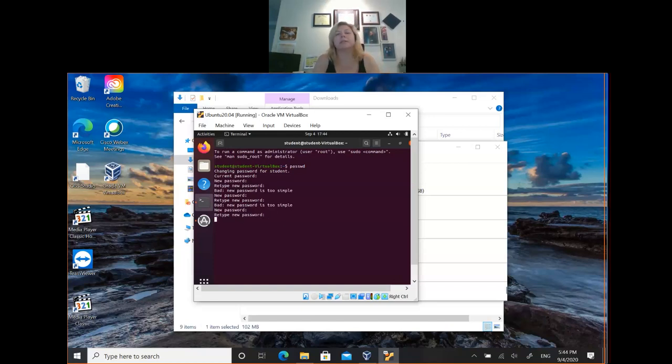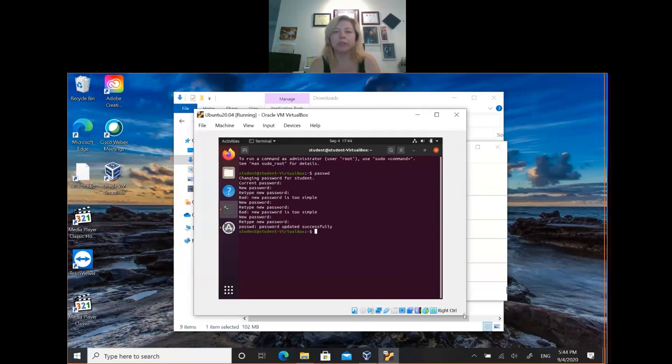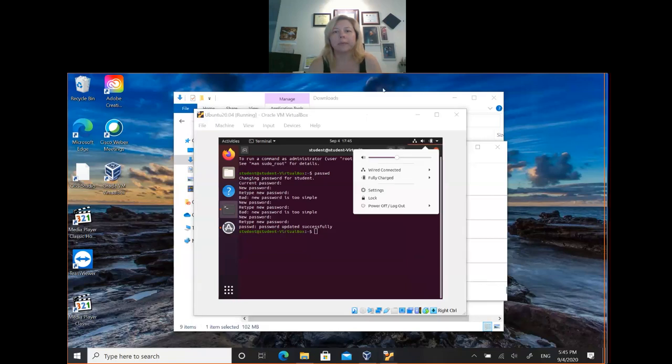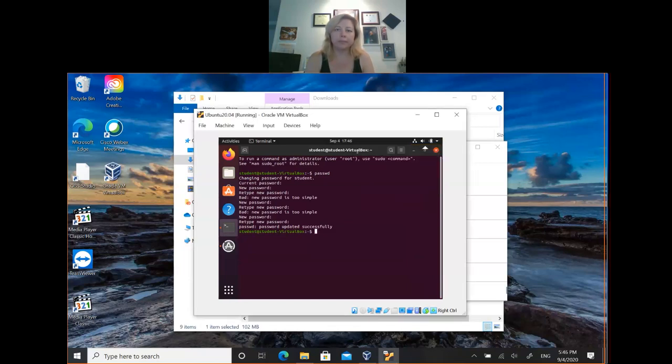Okay, we successfully changed the password to another one, and as you can see, if we reboot, we will have to enter the different password now. So our Ubuntu machine has been successfully installed, and you can even take screenshots of this screen. So next, after we shut down this machine,